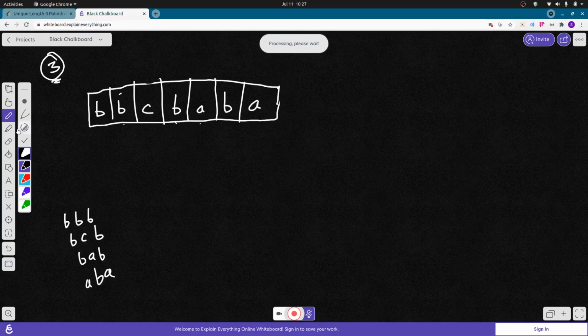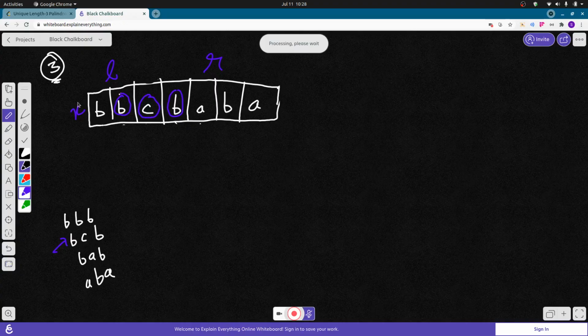So the main idea to solve this problem is that suppose you select any character C. What you will do is find the number of similar characters on the left side and on the right side of C. For example, here you will see that on the left of C there is B, and on the right also you can find some B. So it is sure that you can make the string BCB. Now suppose there was some character X here.